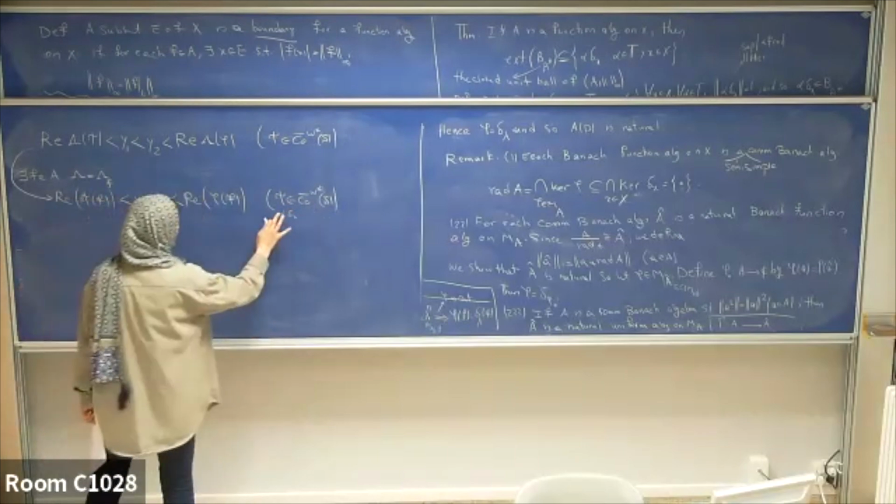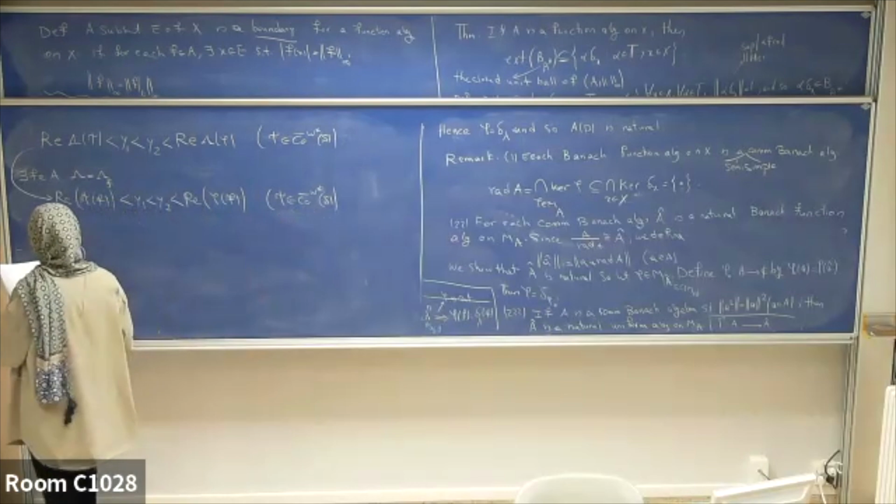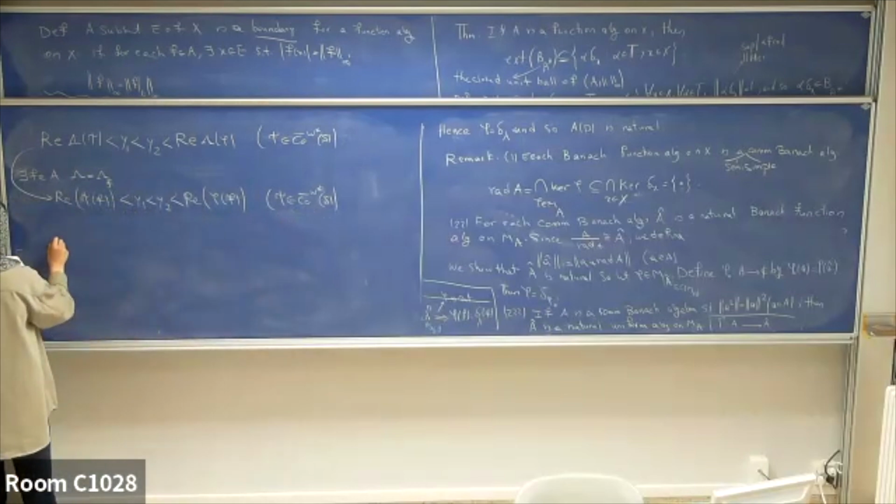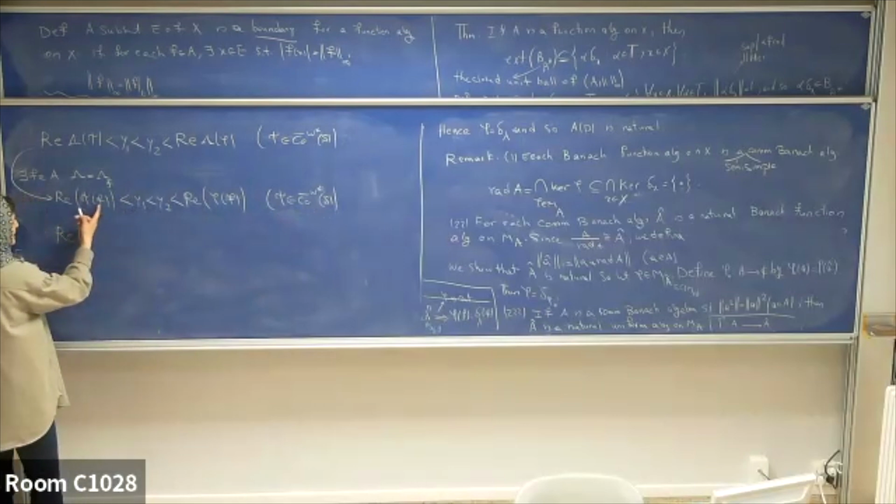It is of this form. So we can say that the real part of alpha delta x at f, it means alpha f of x,